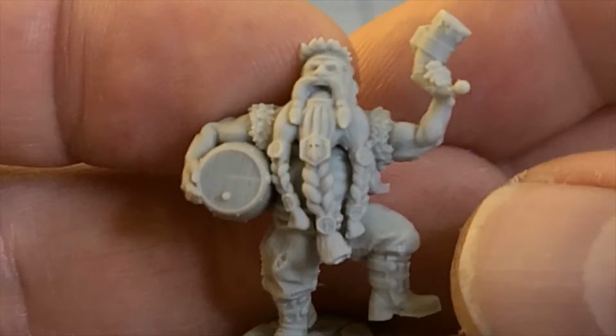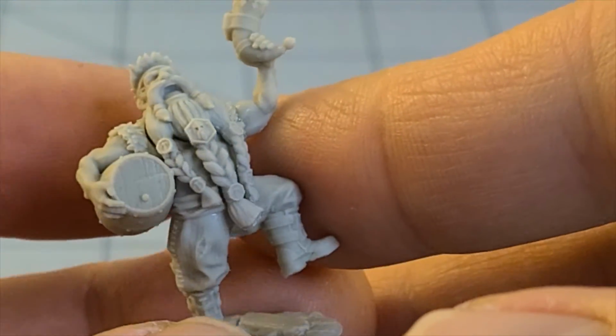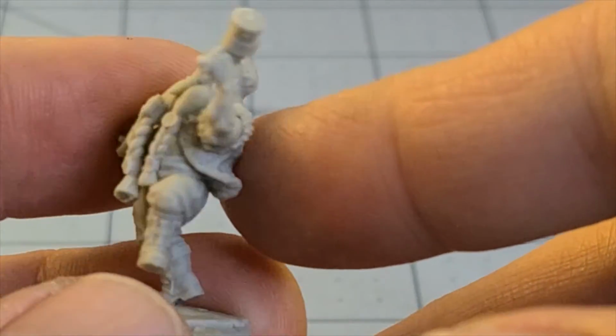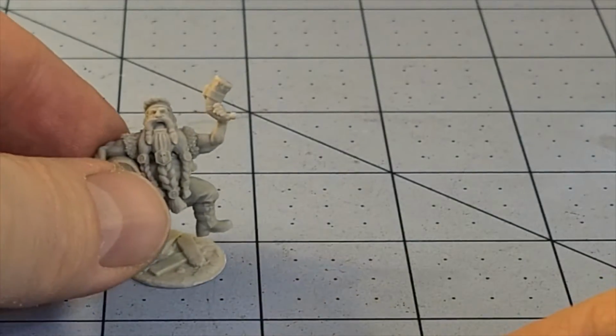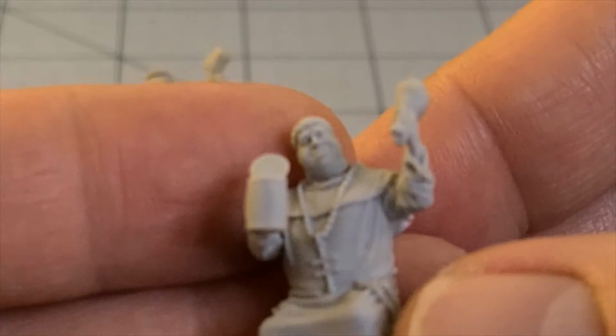So, first off, our Jovial Drunken Dwarf. Look at this guy. He is going to be the life of the party. And I'm all for having more relaxed citizenry on the tabletop, and I think this guy is definitely going to fit the bill. And I'm hoping that there's an actual barkeep to go with him. I don't remember if there was in the first one. And his drinking compatriot,